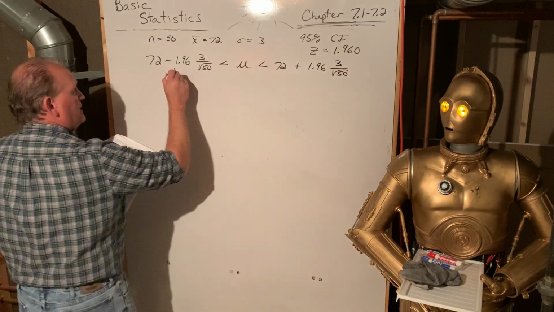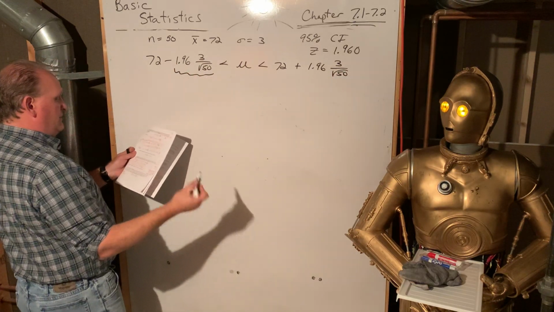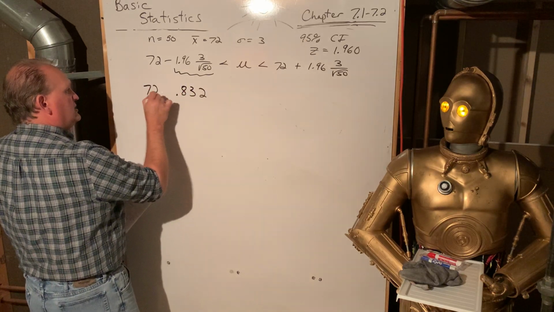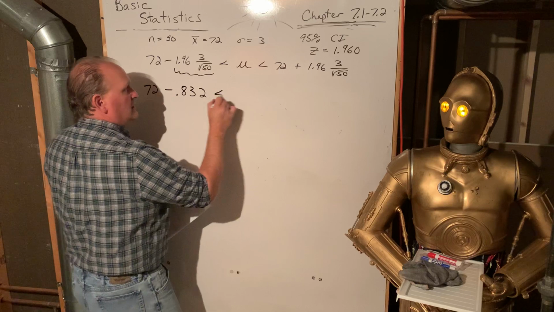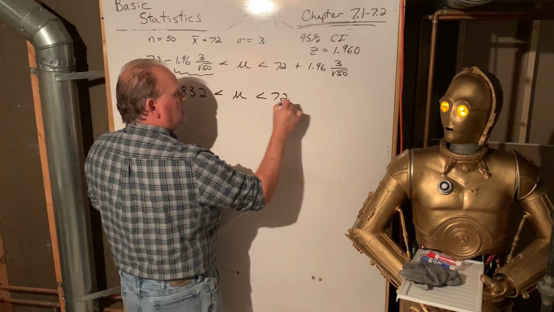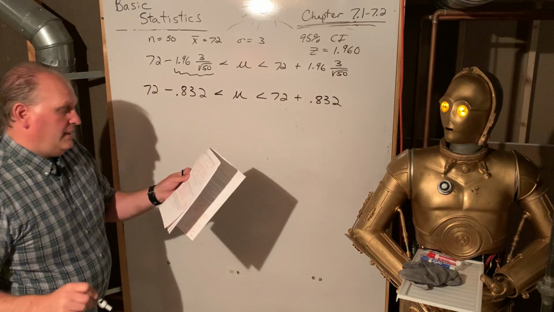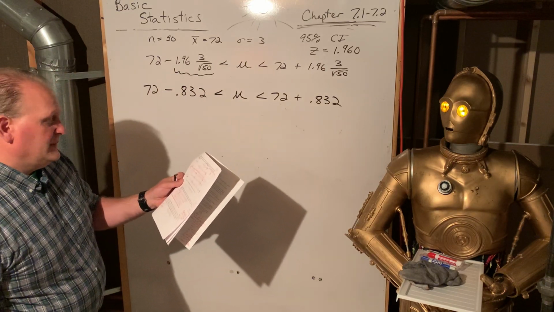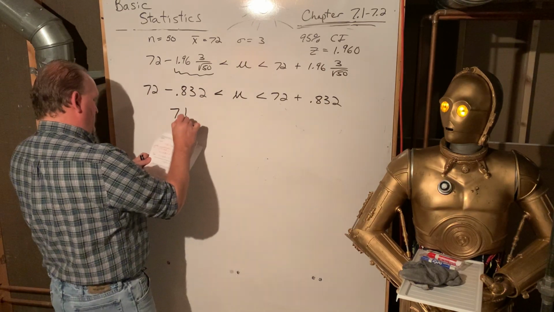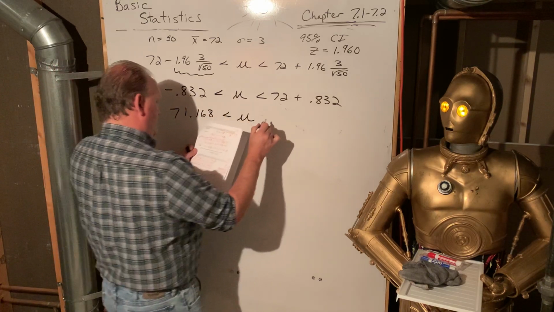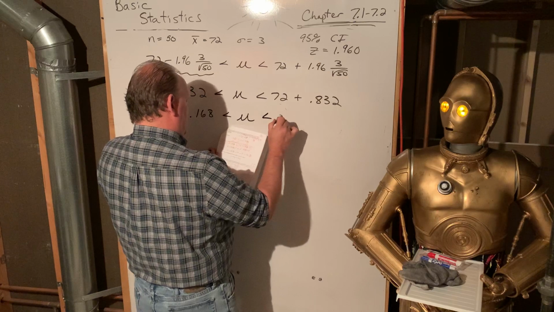And so this is the margin of error. The margin of error here is 0.832. So 72 minus 0.832 and 72 plus 0.832. And that ends up to be 71.168 is less than the mean, which is less than